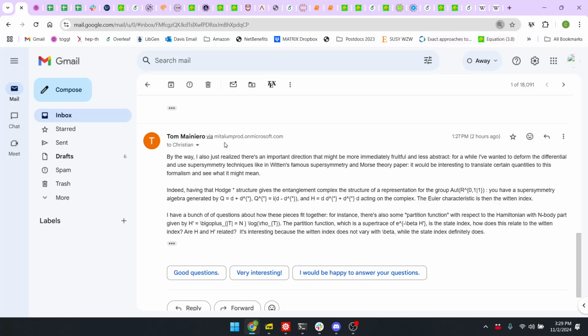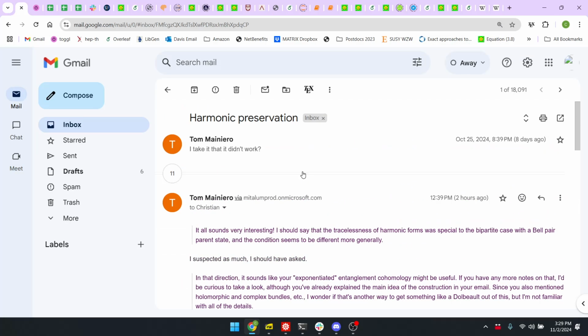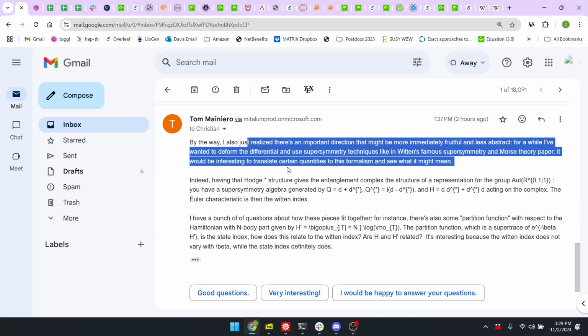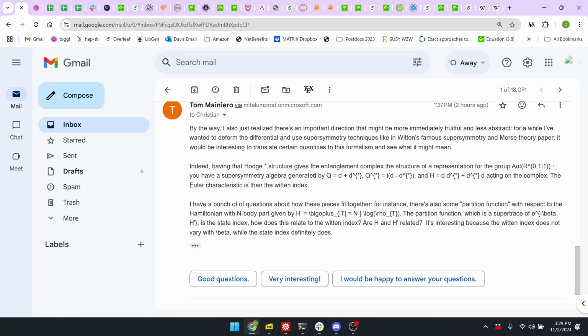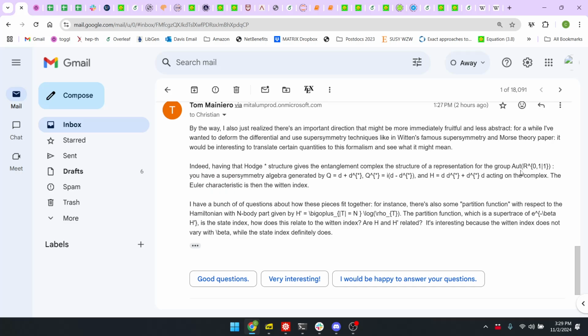I mean, he emailed me this 2 hours ago, after a string of like 3 other long emails where he sends all this stuff. And then he says, by the way, I realize there's an important direction. Wanted to use SUSY techniques like the Morse theory paper. And then he says, having the Hodge Star structure gives the entanglement complex the structure of a representation for the group of automorphisms from